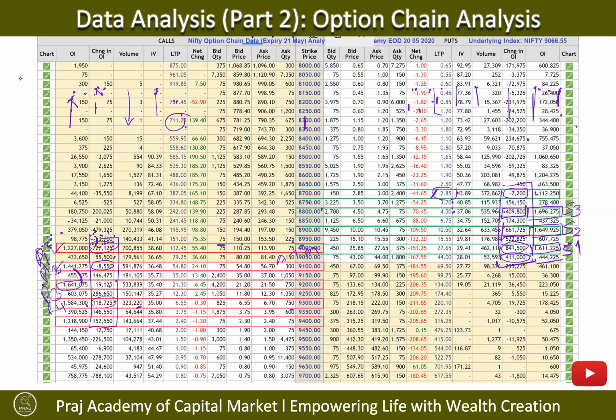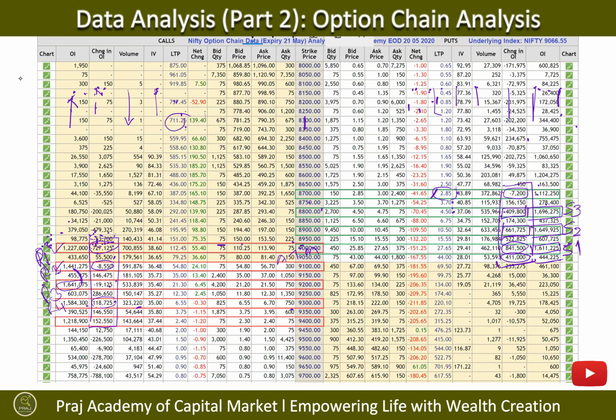Because sometimes you would see at the time of volatility, if the market goes up or down, your premium can increase by 10 times, 20 times, 30 times, 40 times, right? So that's the loss a seller or a writer of call or put has to bear. That's why we take their data more seriously. We give it more weightage when we are doing a higher level of data analysis, right?